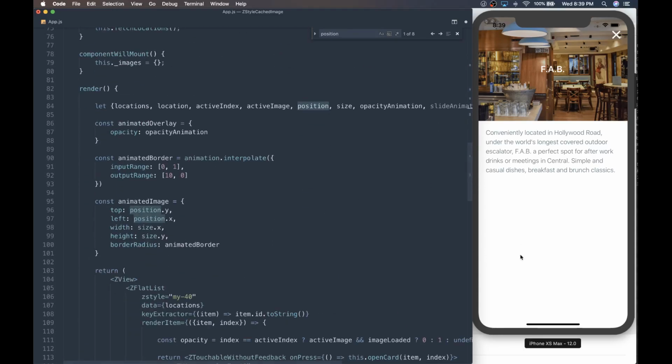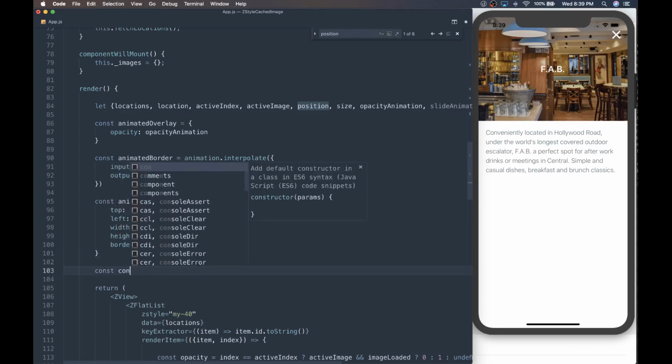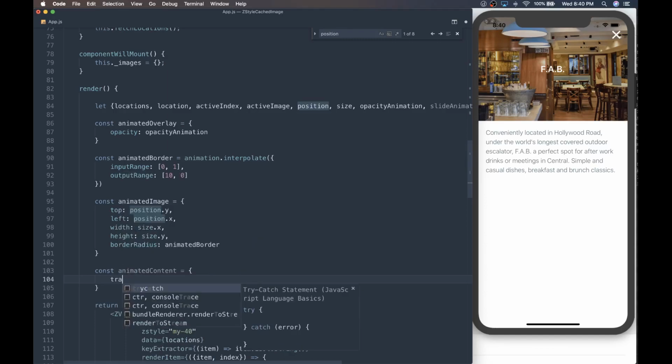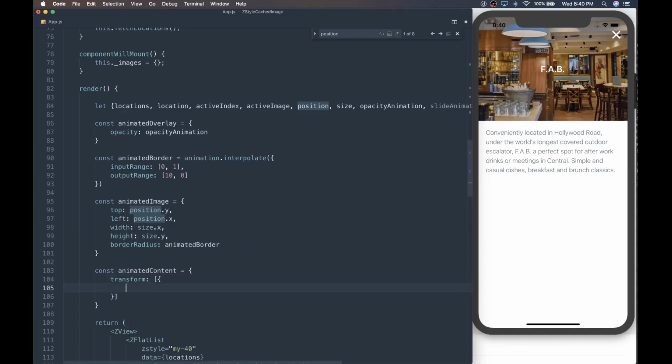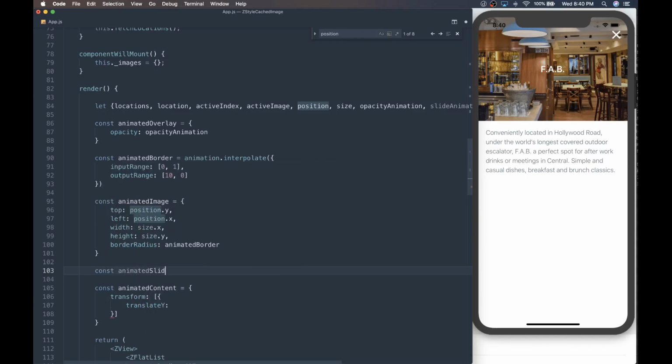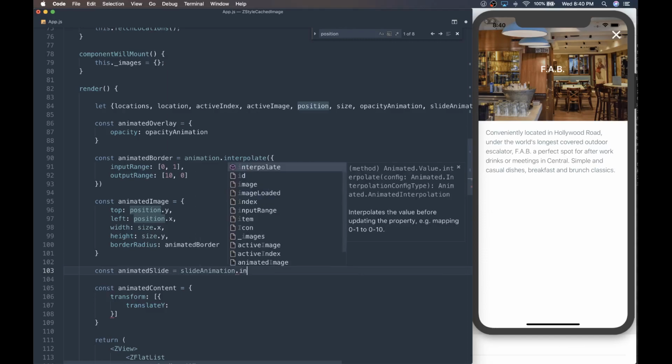Now I'm going to interpolate the translate Y property for the transform of the container. So const animatedContent for the style equal transform translateY. I need to interpolate first the animation. So const animatedSlide equal slideAnimation dot interpolate